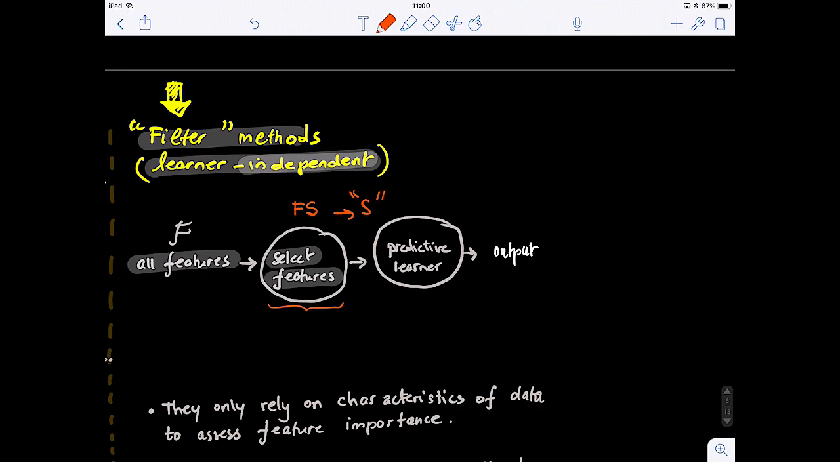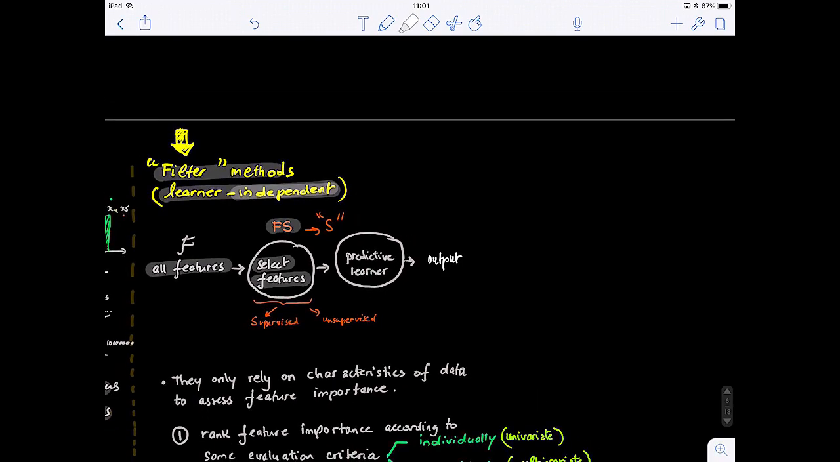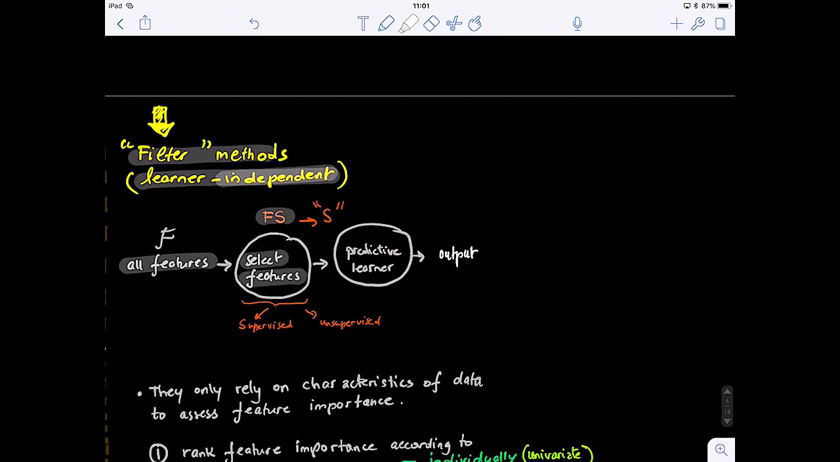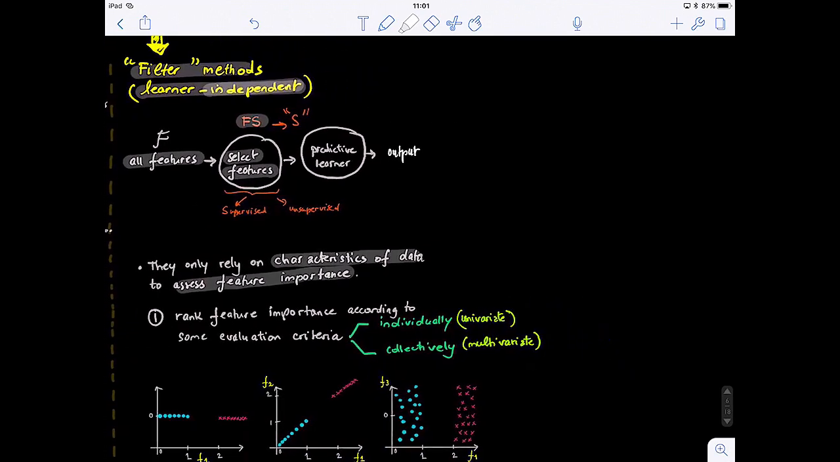So these are completely independent, okay? Sometimes the filter methods can be supervised, which means you are using the labels, and they can also be unsupervised, okay? I will give you a detailed example in a bit. Now, these filter methods, how do they select the best features? They rely on the intrinsic properties of the data, or they try to explore the characteristics of the data to assess the feature importance. So generally how this works,